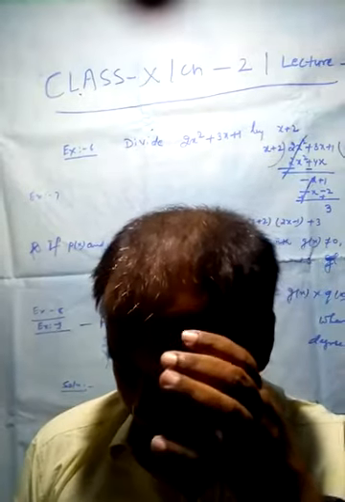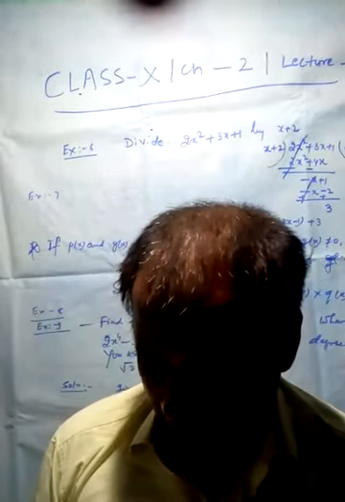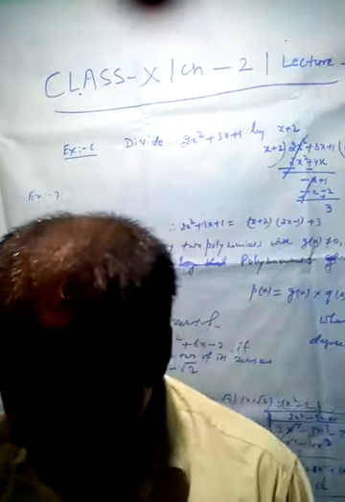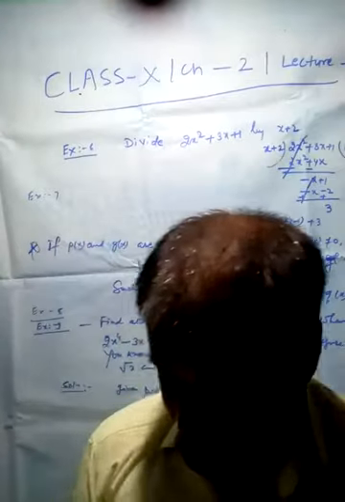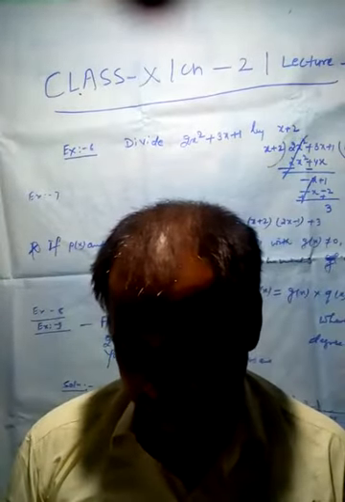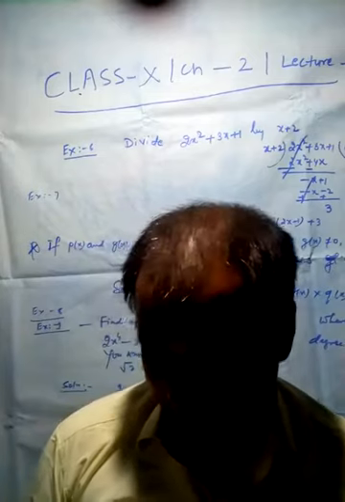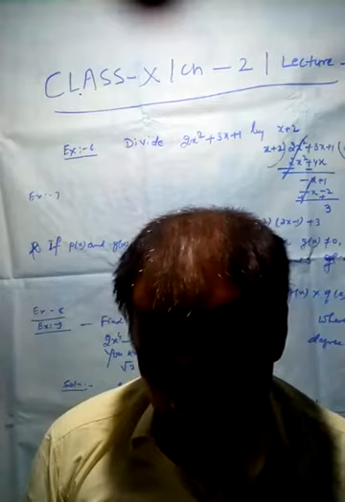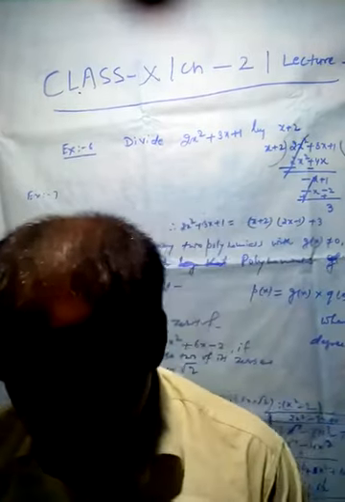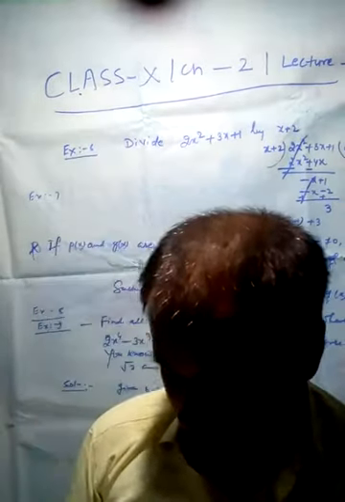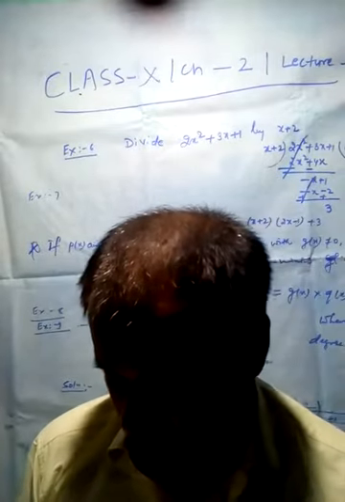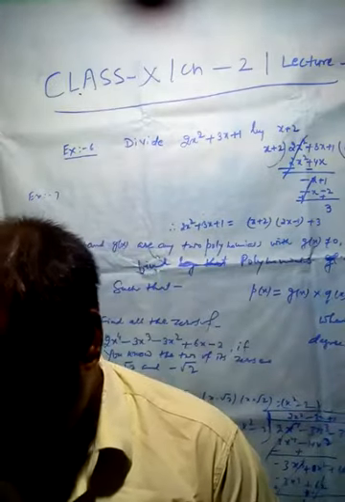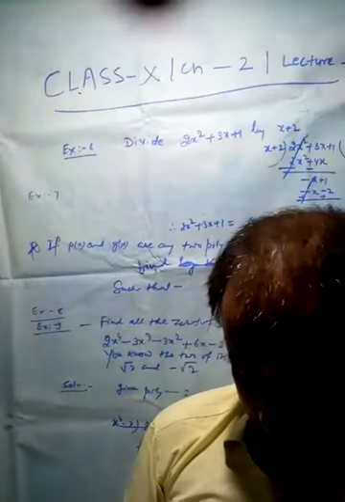Now the degree of 9x + 10 is less than the degree of the divisor x² + 2x + 1, so we cannot continue the division any further. So the quotient is 3x − 5 and the remainder is 9x + 10. Also, (x² + 2x + 1)(3x − 5) + (9x + 10) is equal to, finally, 3x³ + x² + 2x + 5. Here again we see that the dividend is equal to divisor into quotient plus remainder.